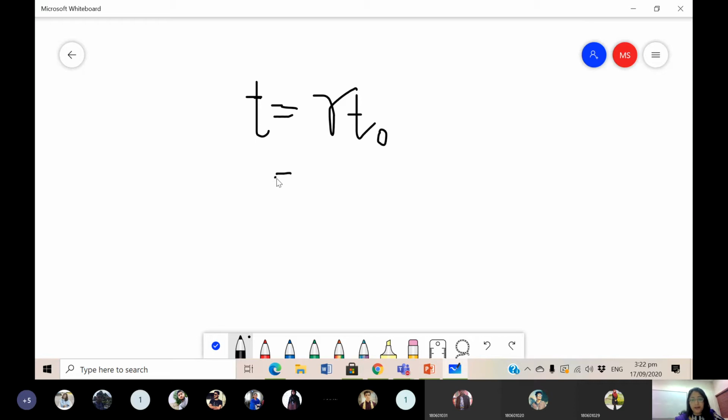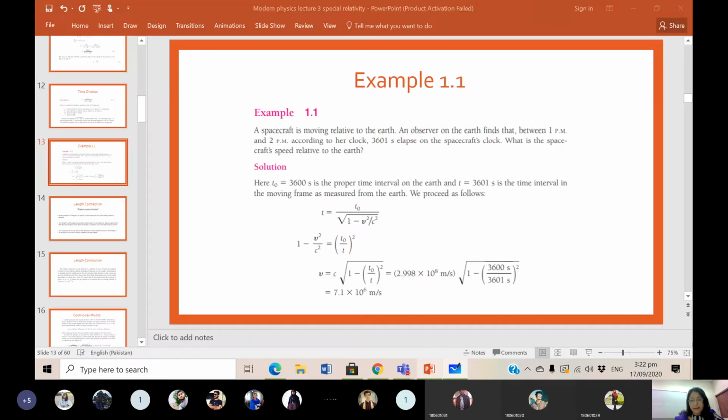So that is going to be equal to 1 over square root of 1 minus v square over c square, times T0. So what the example is saying is that on the spacecraft,